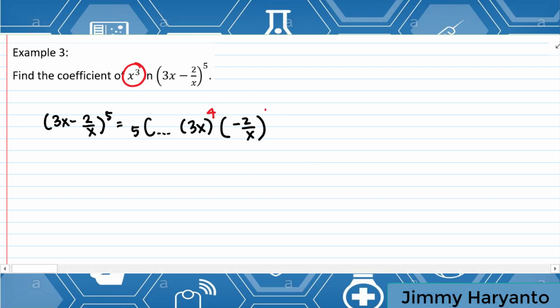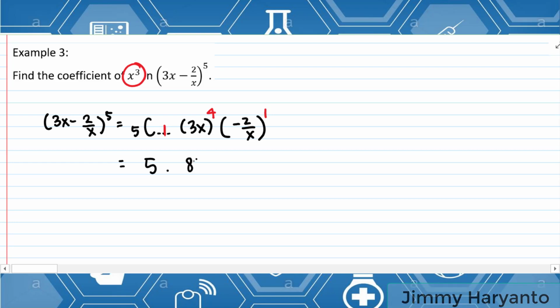Let's try 4 and 1 maybe. If I think about it, it will be x to the 4. For this one, it will be over x, right? Because it is to the power of 1. If I cross it out, the result becomes x cubed. Yay, we found it. So 4 and 1 is the correct powers. So we can leave it like that, and then you fill in these blanks with this one. Okay, 1. There you go, and then you can calculate it with your calculator.